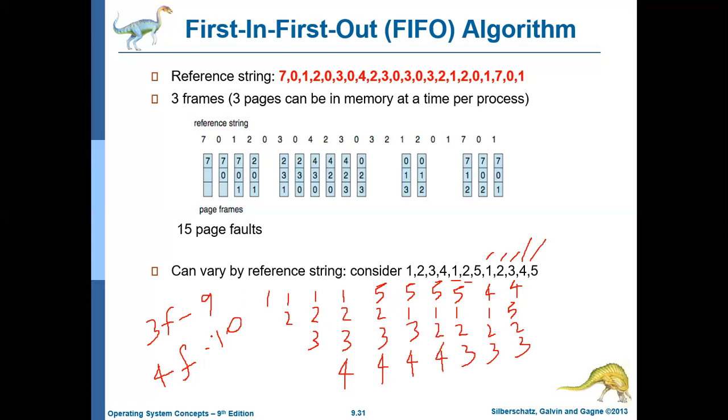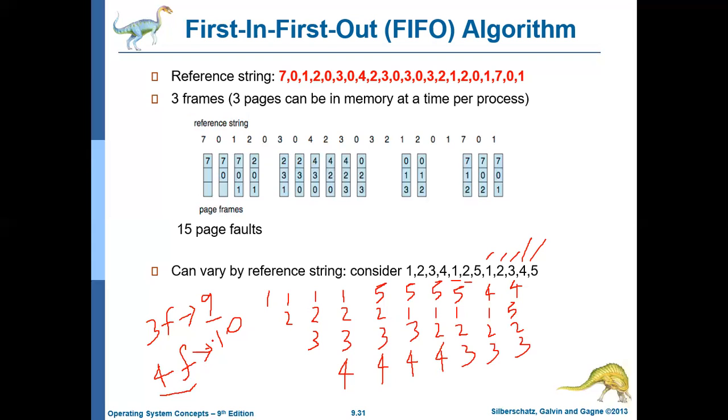This is an unexpected situation because initially in the graph we have seen that as the number of free frames increases, the number of page faults should decrease. But in some rare cases, when the number of free frames increases, the number of page faults may also increase. Here, if there are 9 page faults with 3 frames, then with 4 frames the number of page faults should be less than or equal to 9, but it has become 10.